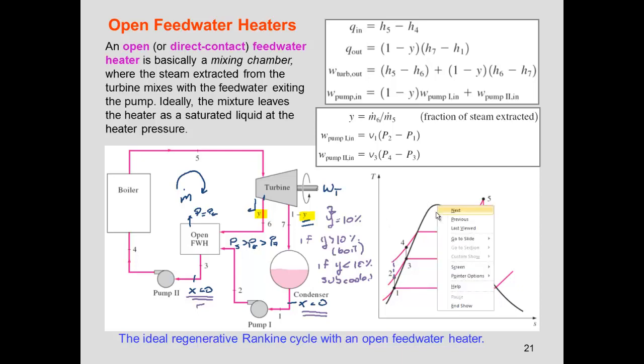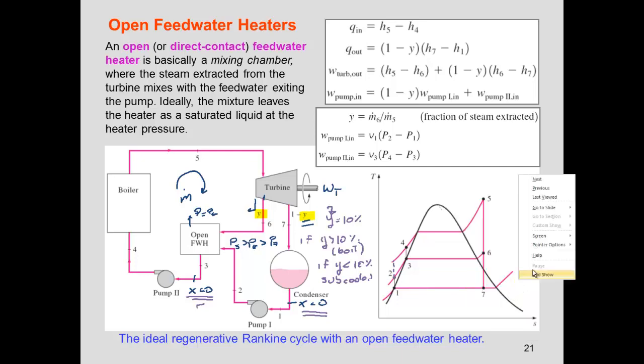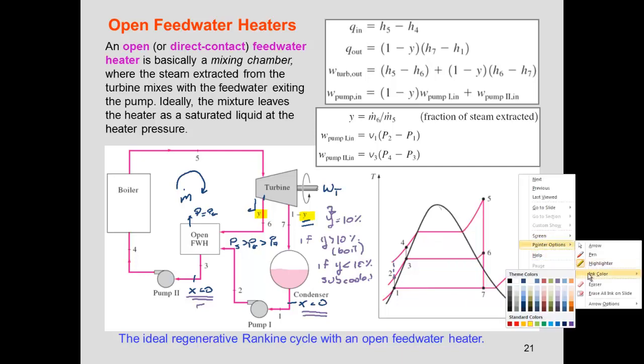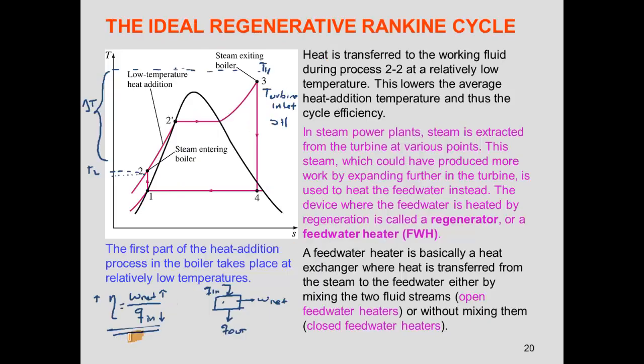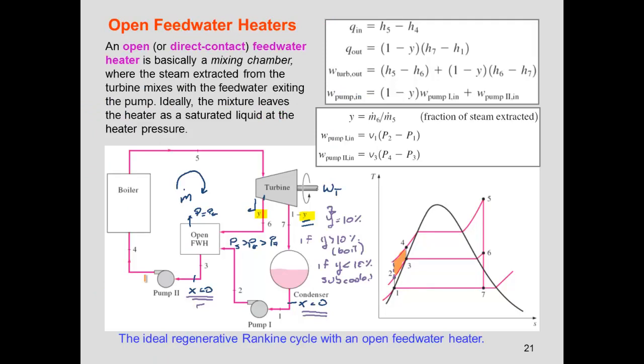So all this heat that we are saving reduces the amount of heat that we are introducing, and because of that, remember that we are just reducing this Q in, we are increasing our efficiency. Okay,